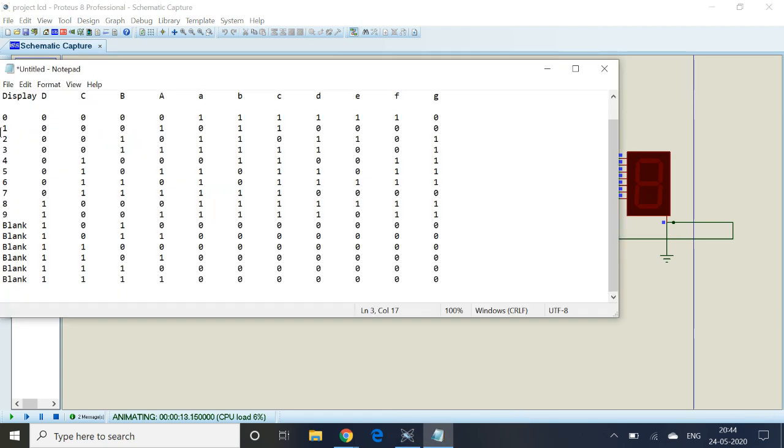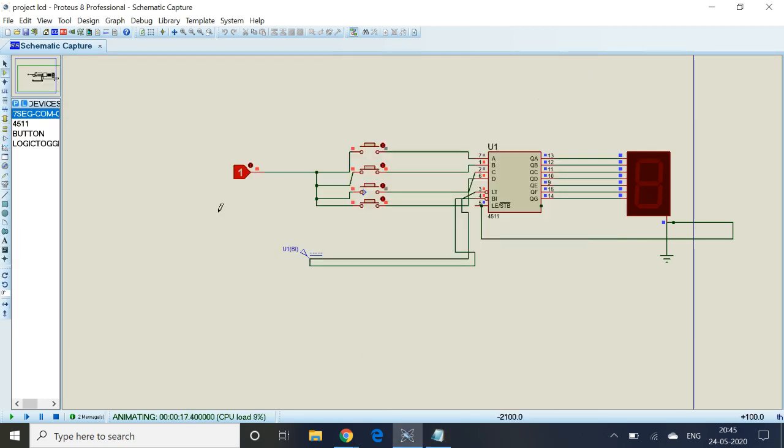So similarly, this will follow for all. Okay, so this is all about the working of BCD to 7 segment decoder.